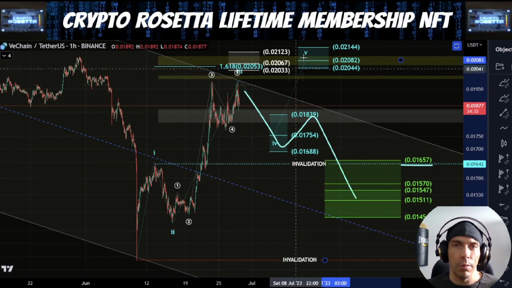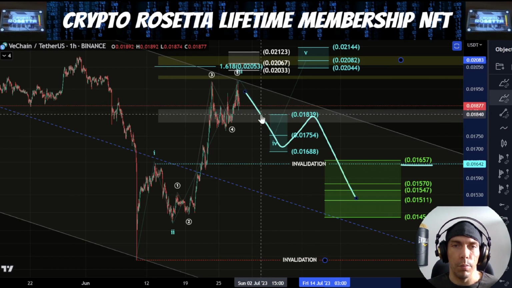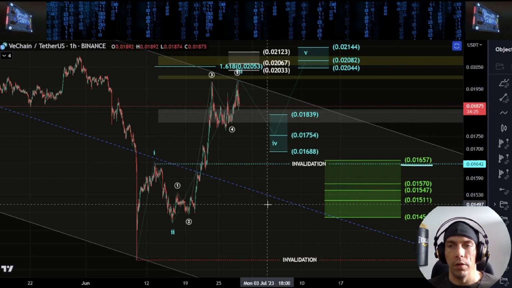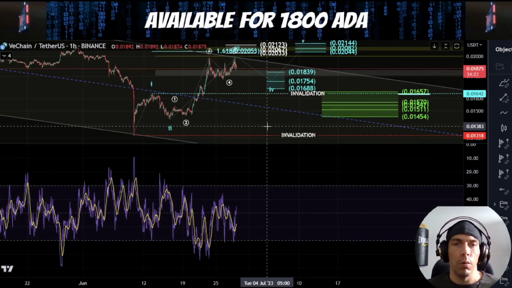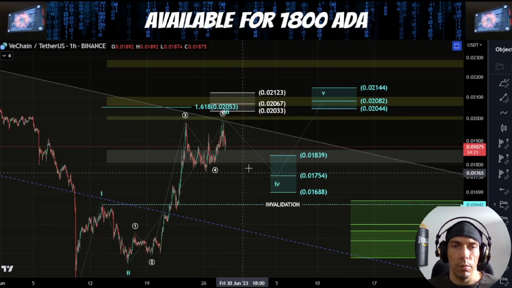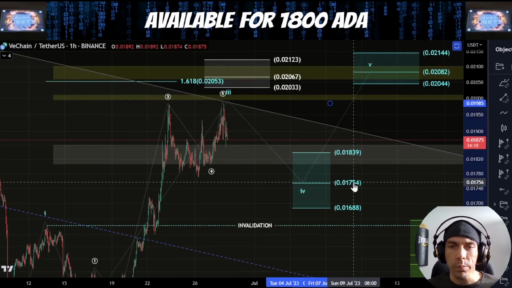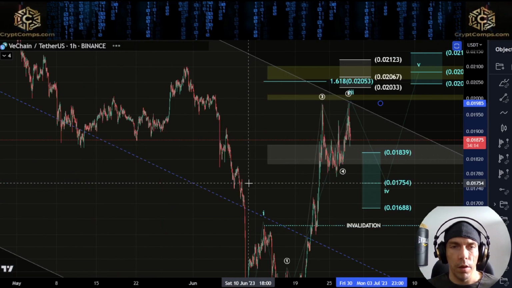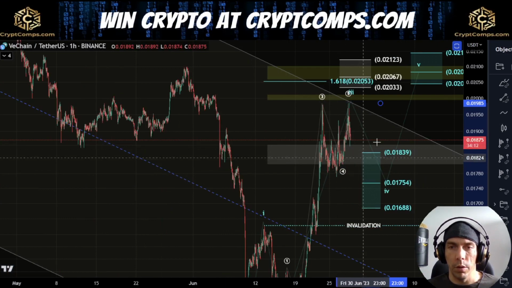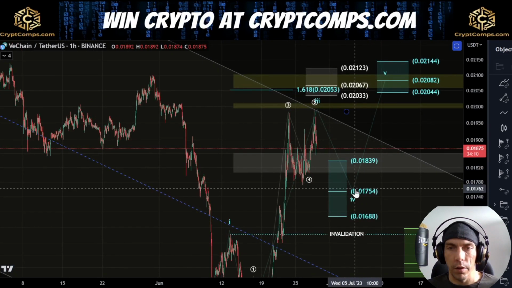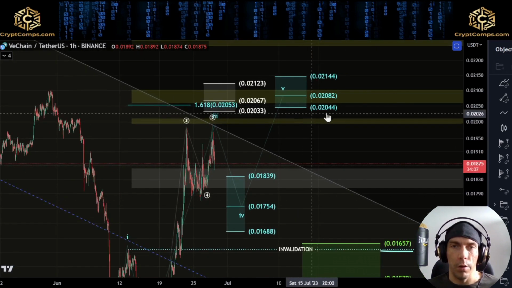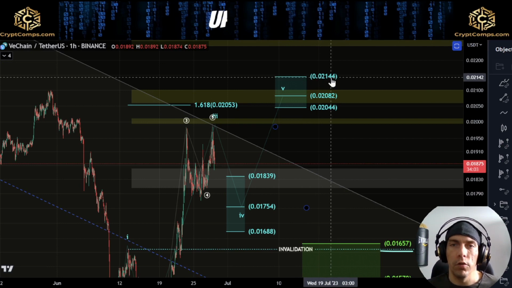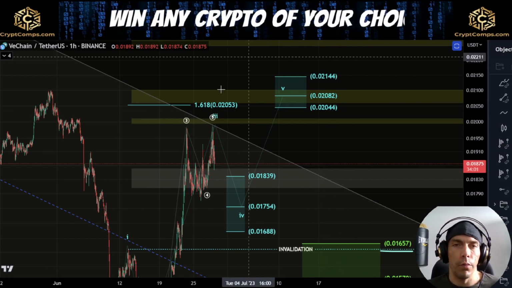I do think that we potentially still have this fifth wave to play out here, but that is really valid for as long as we hold above this 1642 level. So now what I want to see here is a three-wave move to the downside. There are some interesting areas here. This 382 would be quite an interesting zone as looking to swing fail this low here. If we see something like this, this would be a very common area, in which case we could be looking for this higher target, which would be this zone of 0.2144 to 0.2044.